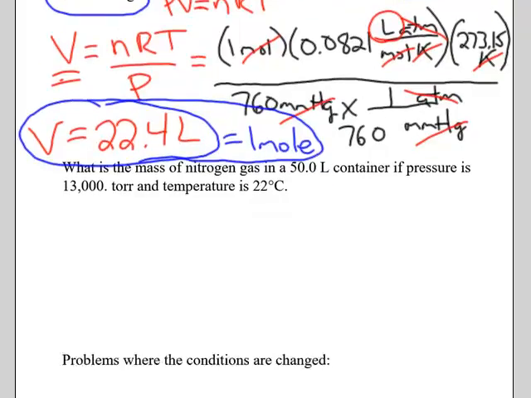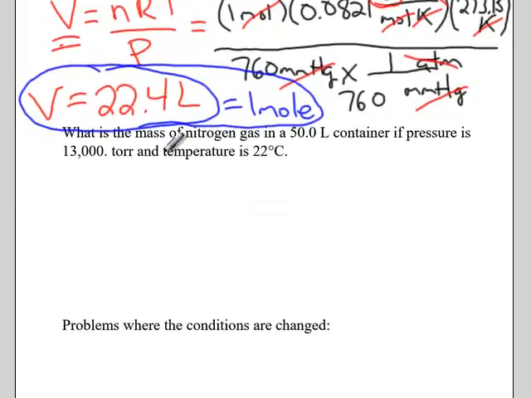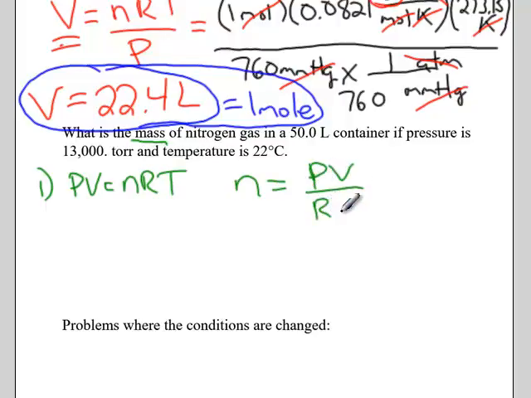The identity does matter in a problem like the next one when you're worried about mass, because the molar mass of nitrogen is different than the molar mass of xenon, for example. So this next question, if we want to find the mass, we're going to do this in 2 steps. First, we're going to solve for the number of moles n, which is PV over RT,